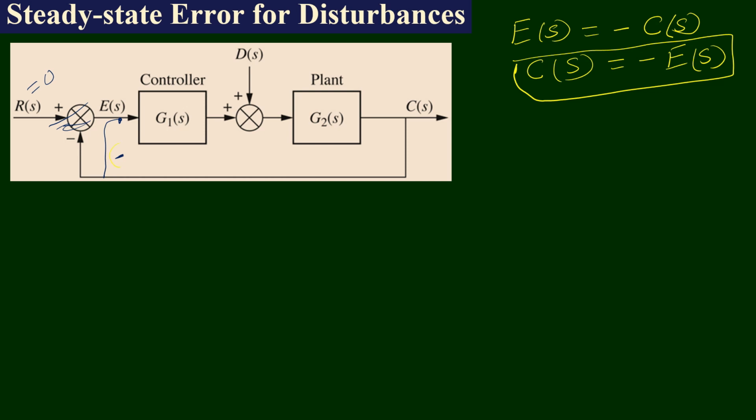This minus, if we bring it from here to here, we can write over here minus, this plus will go out. So then the total closed loop will become somehow like this: